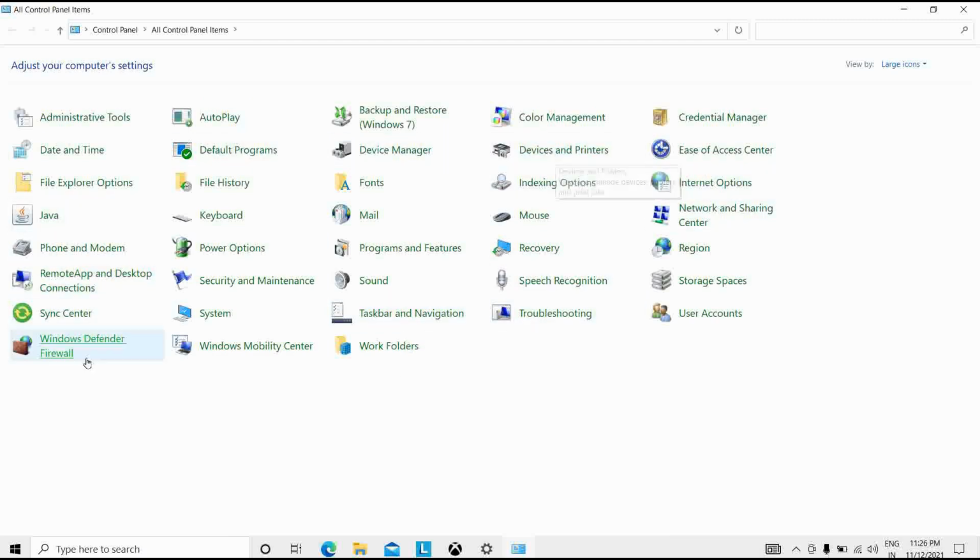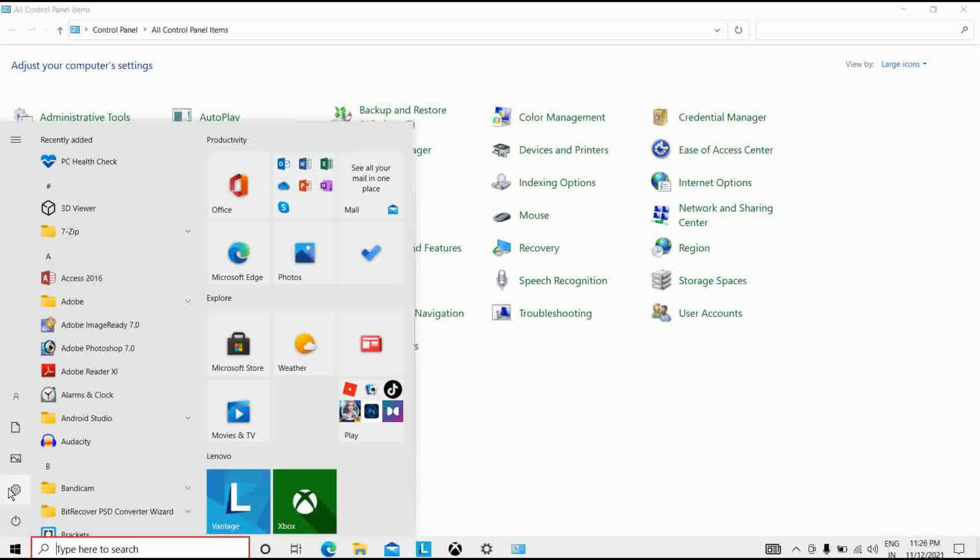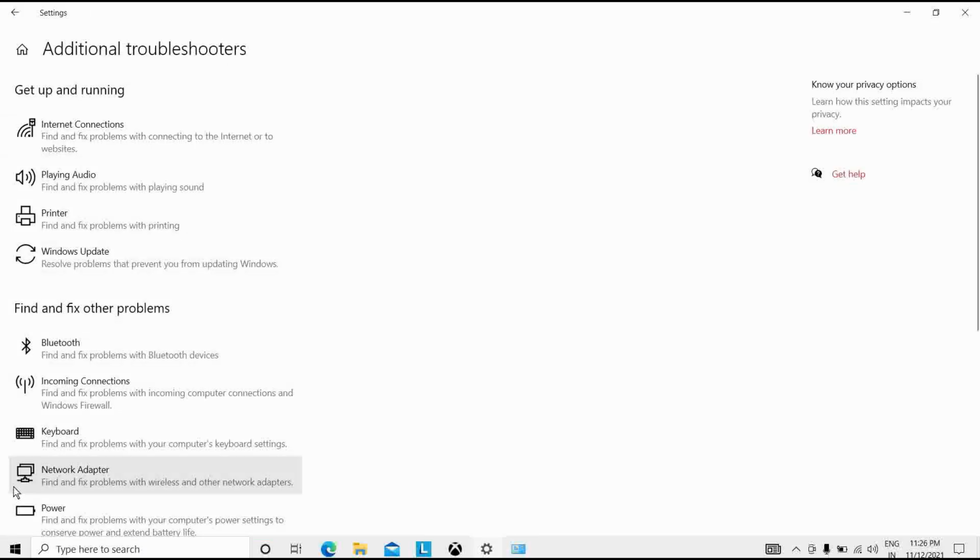If you didn't find the hardware and devices, then you don't have to panic. You can see here the troubleshooting options, if you have selected the large icons from here. If you didn't get it, I will simply click on settings again and go to my troubleshooters.